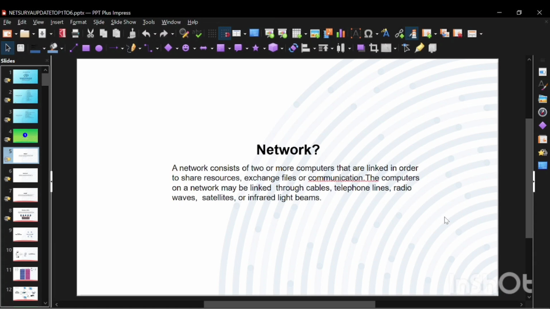Suppose you have two computers. Now you want to send a file from one system to the other, or maybe share a printer between them. To do that, you connect both systems using either a cable or a wireless connection. Now scale that up: five computers, 10, maybe even 100, all connected, all communicating. That entire setup is called your network.